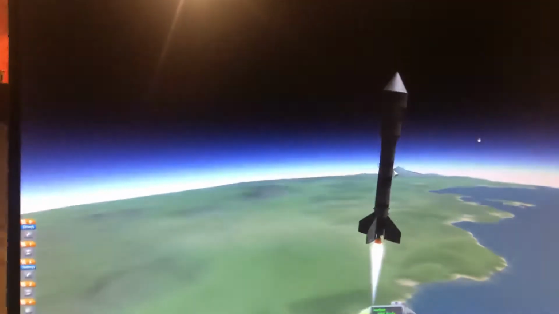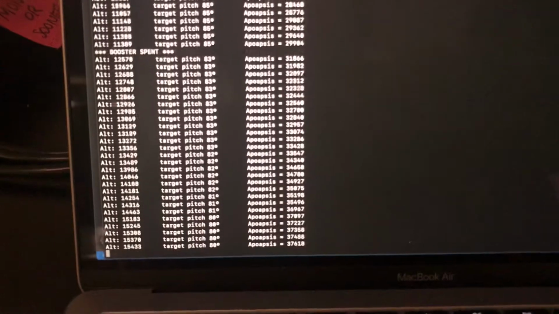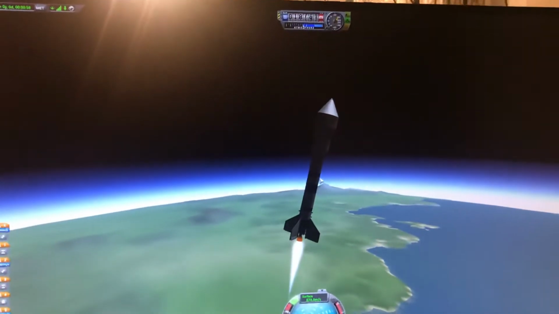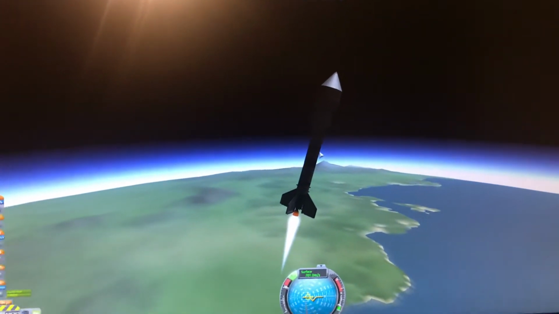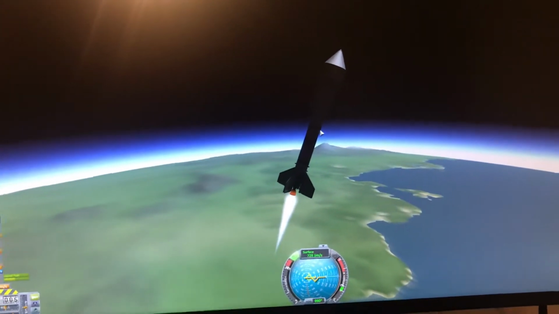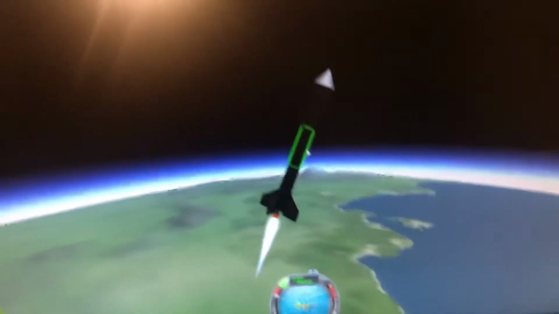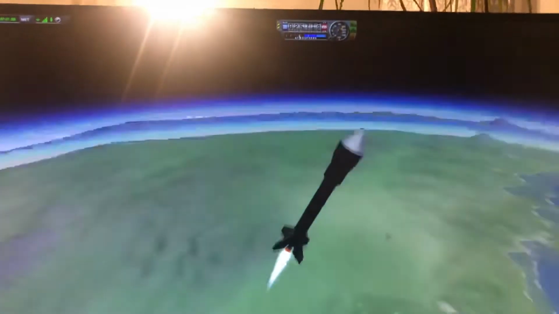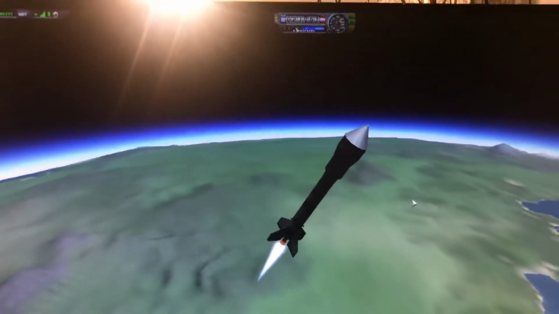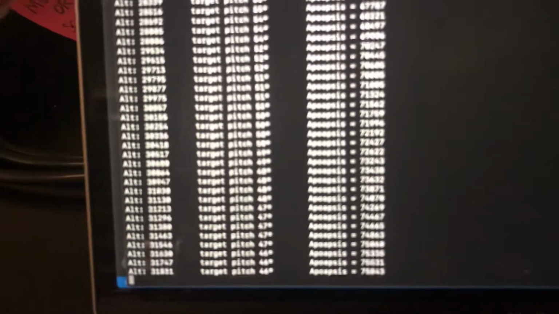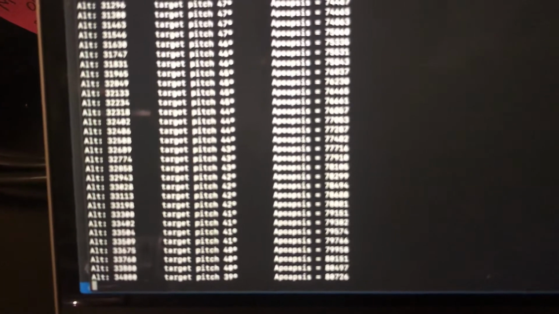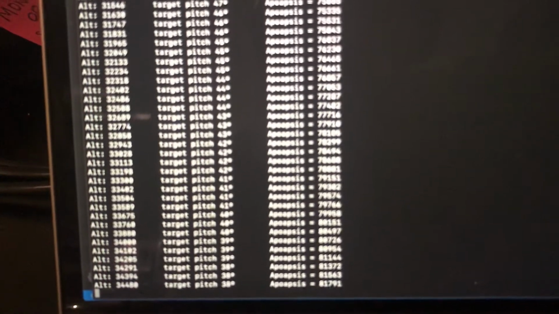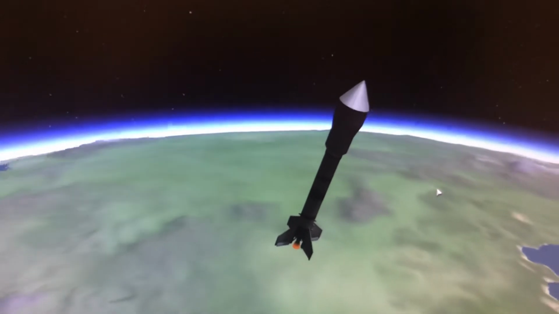Okay, yeah, so it dropped the booster now, and you can see that it's adjusting the pitch as it likes for a proper gravity turn, and we are headed off into orbit here. So if you look at this, its apoapsis is about 80,000. So, waiting to reach upper apsis. So it's about 80 kilometers now, and so what it's done is turned off the rocket, and it's just floating